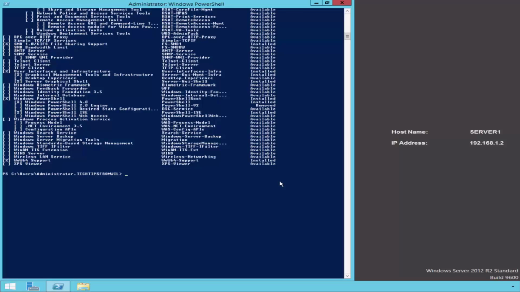So, how do we go about removing the payloads for roles and features that we have no need for? Well, there are a couple of ways. The first method is to remove the payloads one at a time. This method is best used if you only want to remove a handful of payloads. For instance, if I wanted to remove just the wireless LAN service and the Windows Server backup features, which are both currently available, I can achieve this by running the command